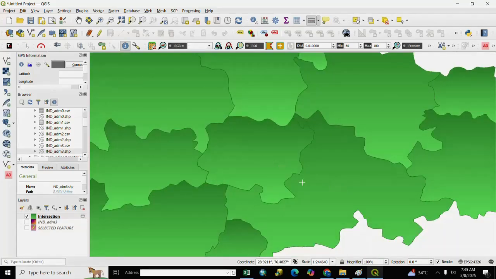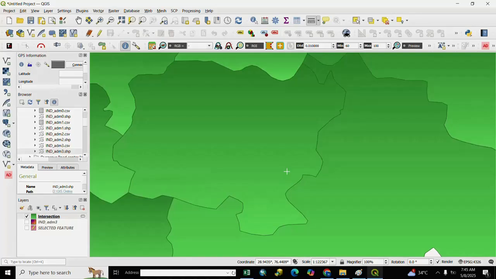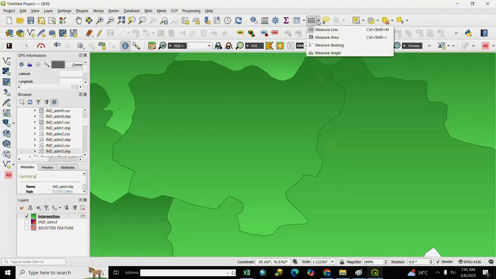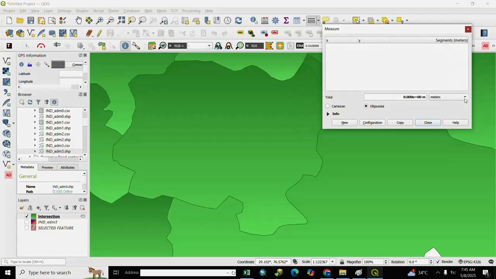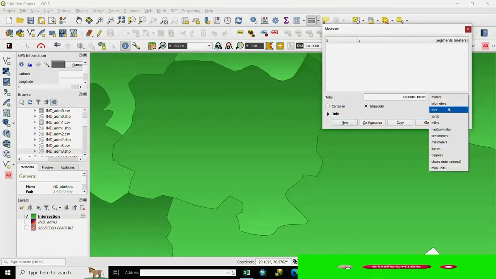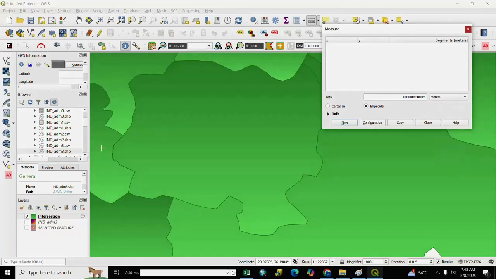So let's start. Here is our area, and we check length. For length we go to scale. Here is scale, and we select it. If you want to measure a line, you select here line, and you select here length in meter, kilometer, feet, yard, as per your choice. We select here meter, and we start first point and second point, and you see here your meter length.